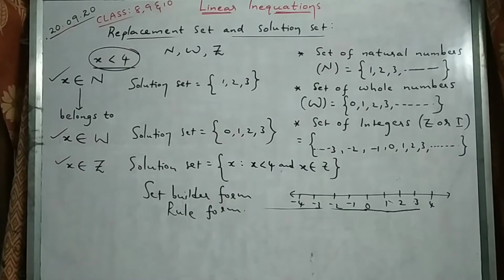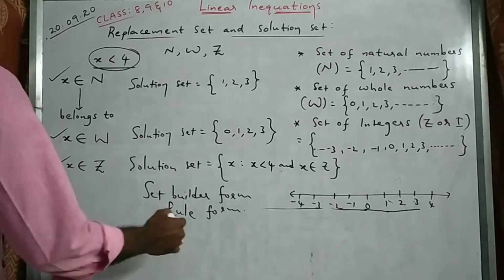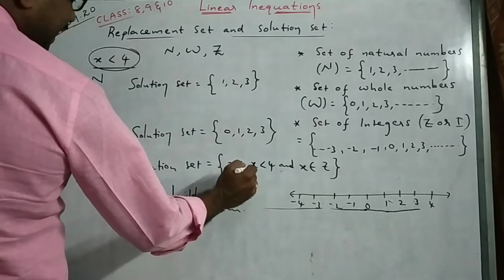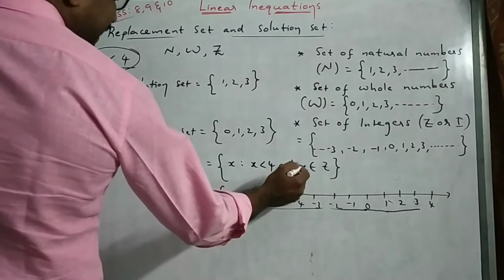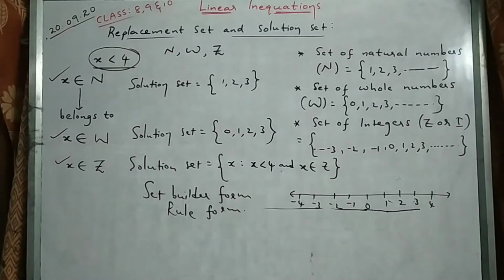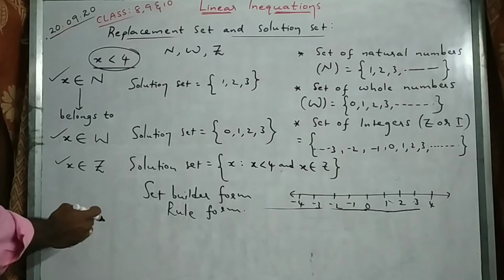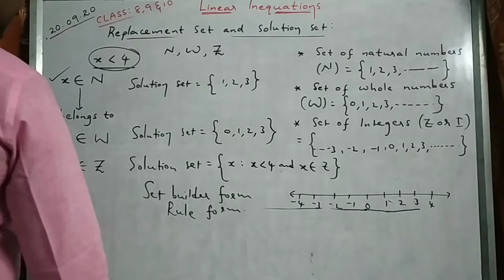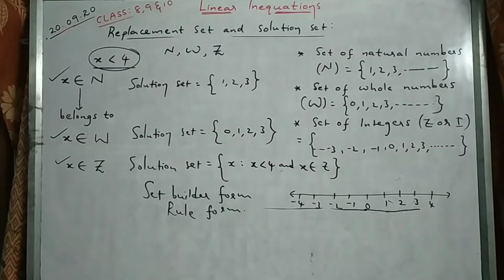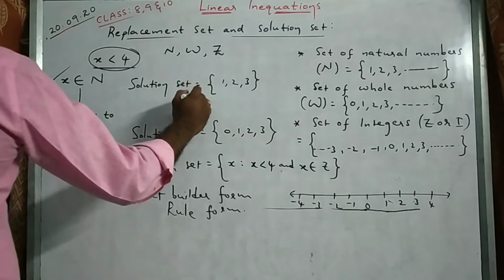This is called set theory, we will get this. So the solution set, if there are many, you can write in set builder form. So x such that x less than 4, and what type of x am I going to take? Integers. So all the integers below 4 can be the solution for this inequation if the replacement set is Z. Right? If the replacement set is N, you get a finite set.